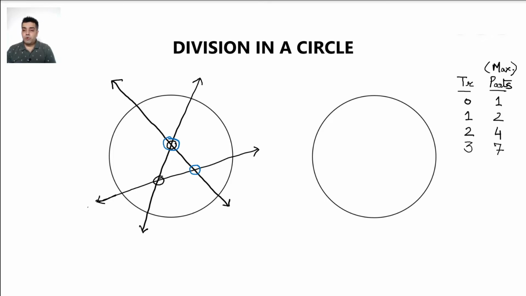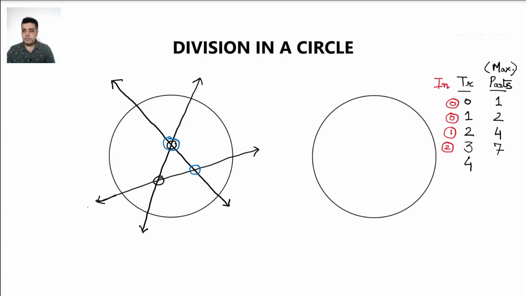Now if I draw 4 transversals and the objective is the same, what is the objective? The objective is to have the maximum number of intersections. And now we have a hint also here. Just for the sake of discussion, here every transversal had 2 points of intersection. Here, let us say every transversal had 1 point of intersection. Here, since we had taken 1 transversal, we would have had no point of intersection. And when I had not taken any transversal, then also we have no point of intersection.